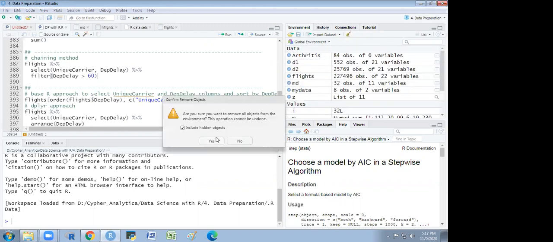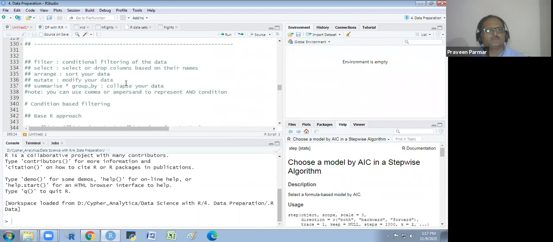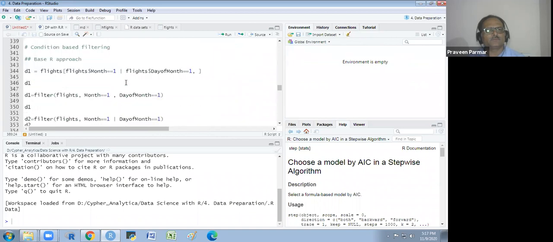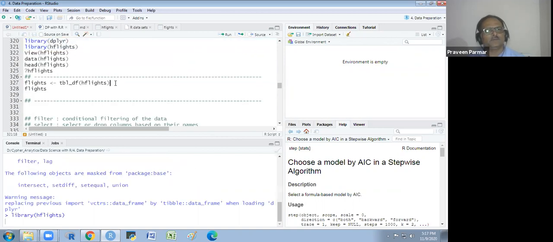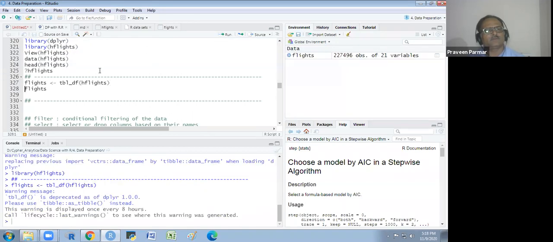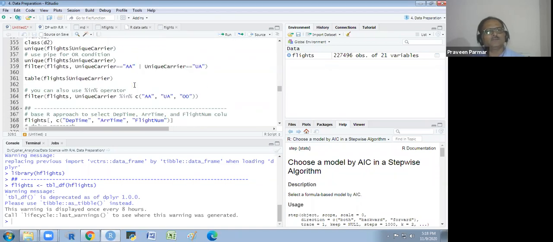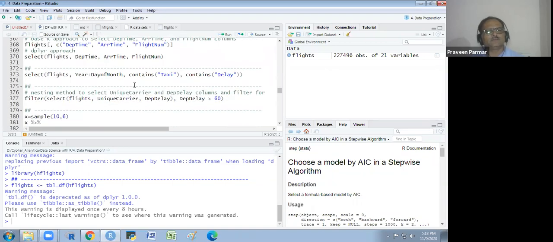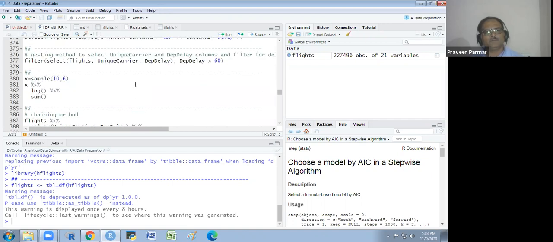And I will run this first again. I run these libraries both, and then I run this finally. This flights data we were working with in the last class, and we have worked up to here.